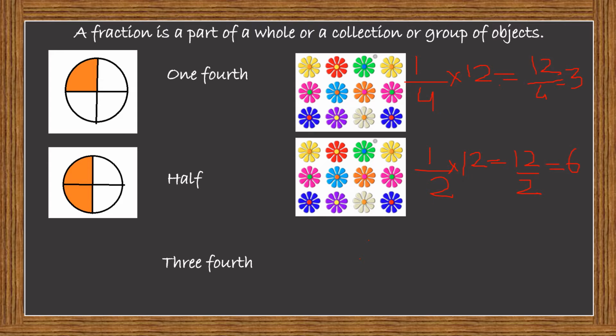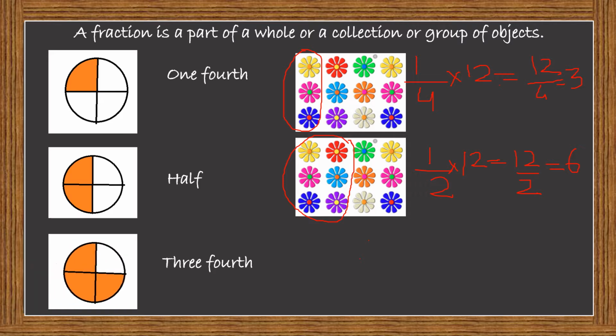So I can take any 6 flowers. So I have taken these 6 flowers. You can take any 6 flowers. Similarly, in the above picture, we will take 3 flowers. Now, the next one is 3/4. So again, this diagram is considered as one whole and it is divided into 4 equal parts amongst which 3 are shaded or selected. This is 3/4.